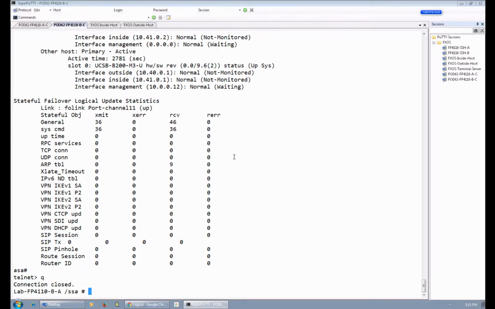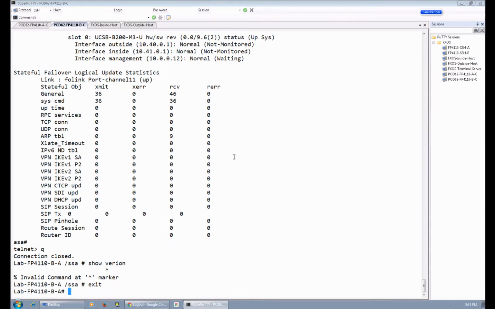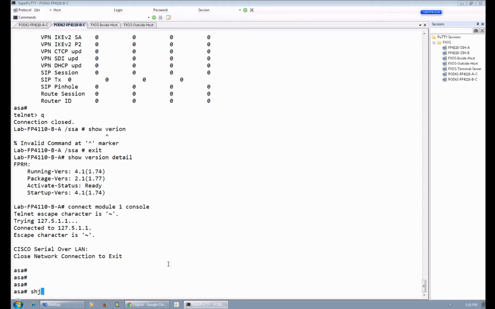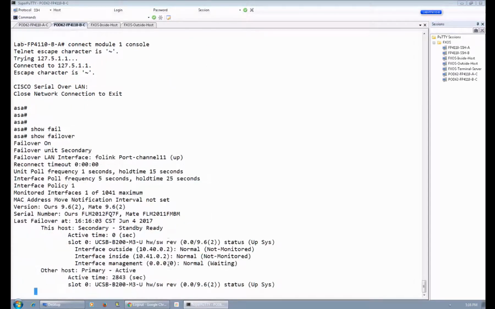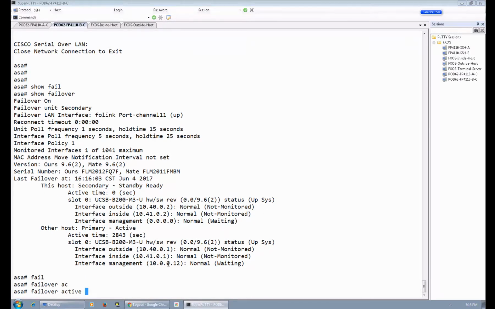Let's check the version, show version from the CLI. Let's show the status of the show version details. It's in 2.1.1.77. Now I'm going to make this ASA the active one and going to upgrade the standby one, the other device, now. So this ASA currently is in the standby state, and I'm going to use the command failover active to make this active,